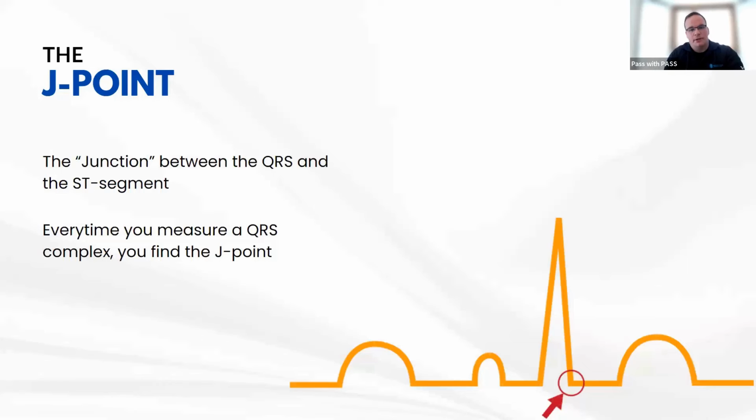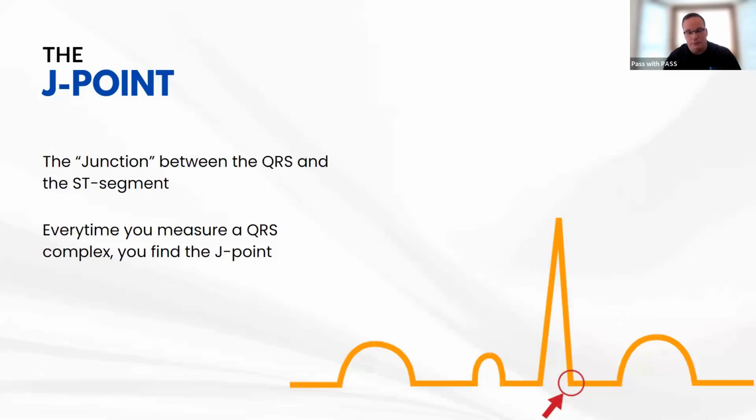So the J point. The J point is the junction between the QRS and the ST segment. So if you have measured a QRS complex, which I suspect 100% of paramedics on here have, you have found the J point. The J point is where our QRS measurement stops. So again, the J point is the junction between the QRS and the ST segment. And that is really what we're looking for